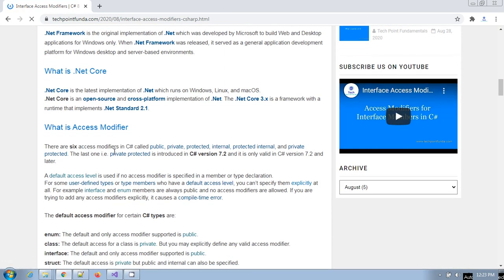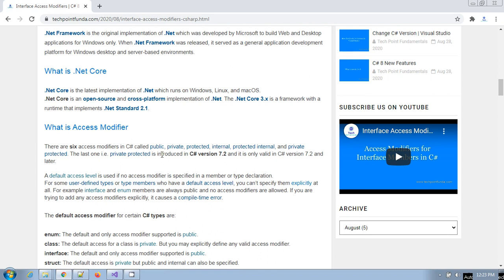There are 6 access modifiers in C Sharp, like public, private, protected, internal, and private protected. The last one, private protected, was introduced in C Sharp version 7.2, and it is not valid before C Sharp 7.2. So you have to choose 7.2 if you want to test something with private protected.